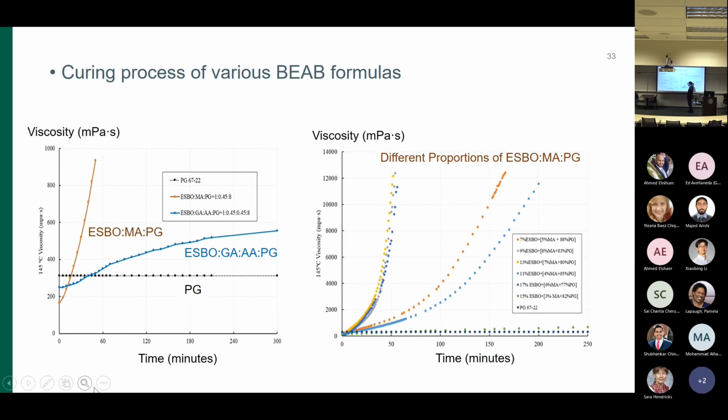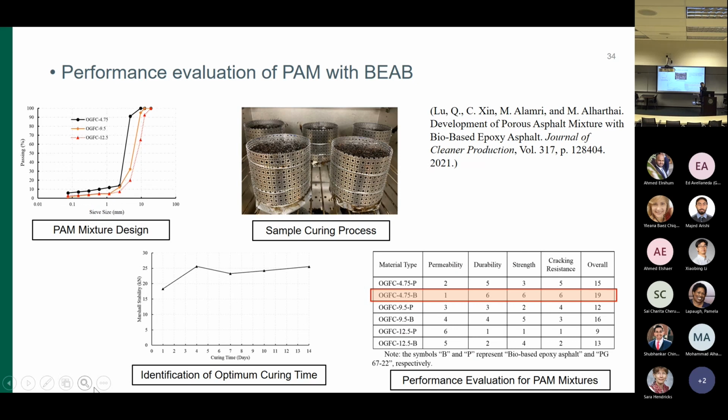So we tried different combinations, and we found that different combinations of the components lead to different curing rates. We picked the one that matches the desirable working time in the field. I did not include the details of the formula here, but it's a mix of the bio-based soybean oil, the maleic anhydride, and some other components, and then the asphalt. Yeah. And then we took that optimized formula and mixed it